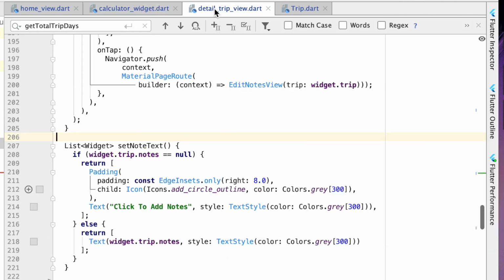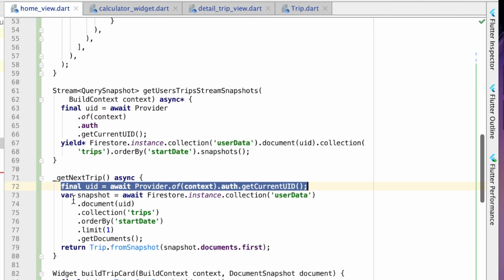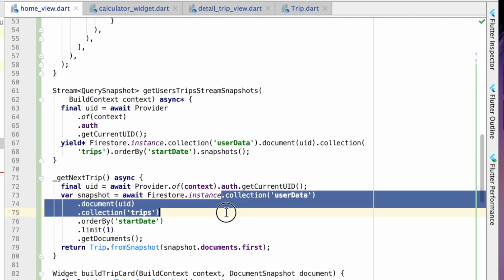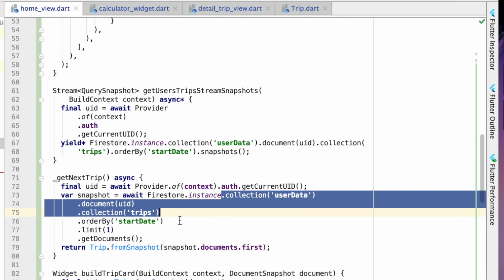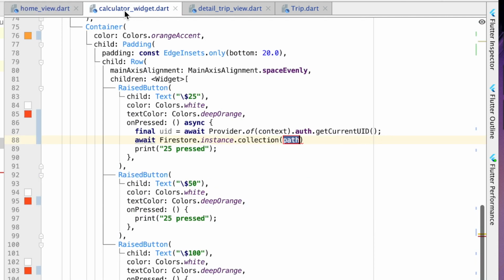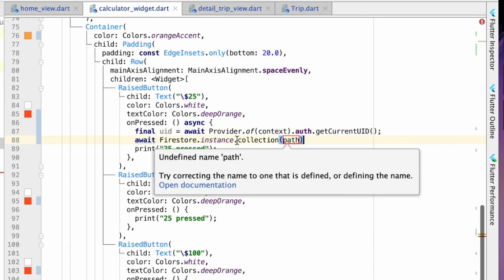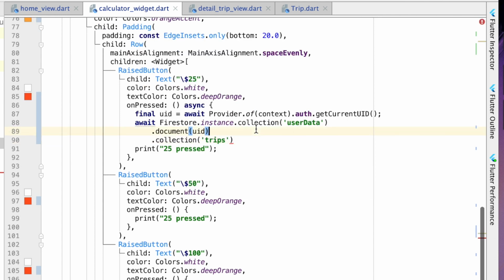Now this is going to be very similar to what we did in this home view here, where we get the collection for the user data, UID, trips, and then we're not going to order or limit. So just copy these three parts of it, which would be like this. So it's that user data collection, the document of the user's ID, and then we're going to get that trips